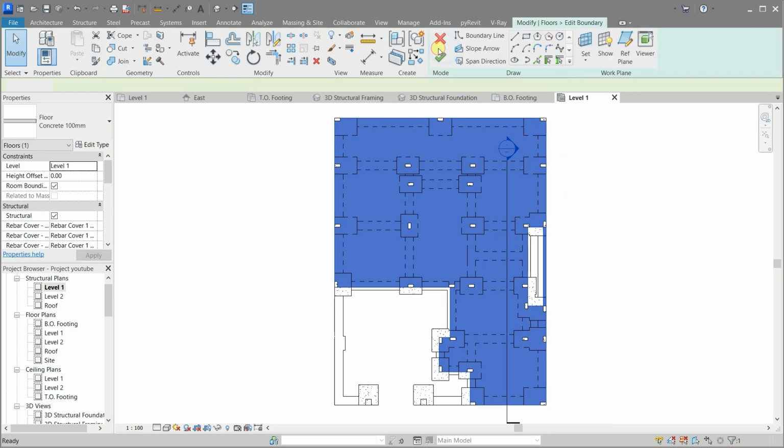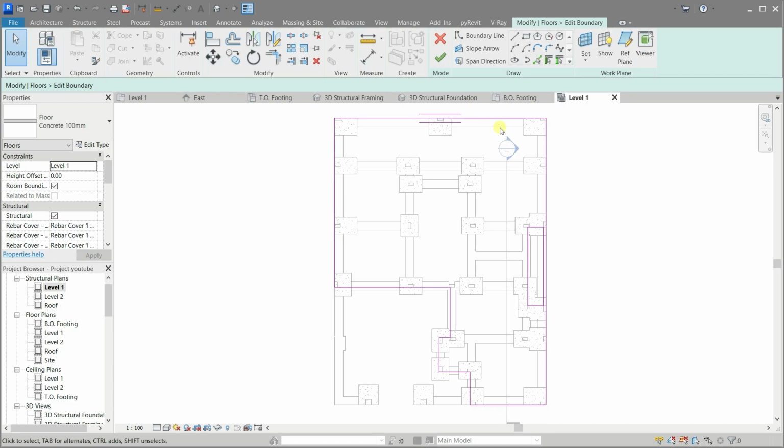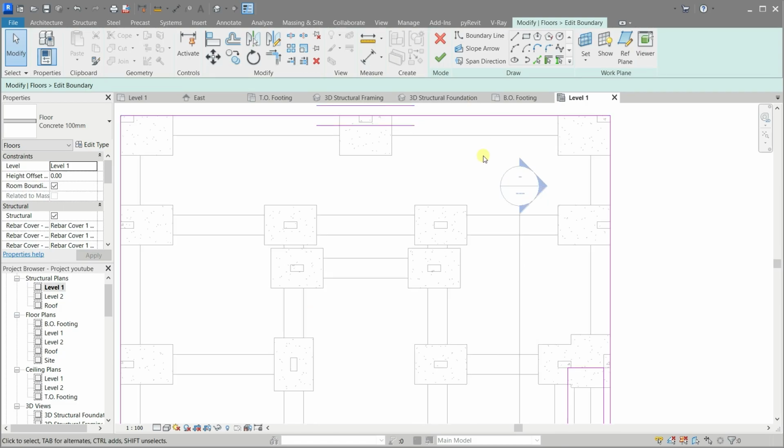Click Edit Boundary and let's adjust its boundary in the manner that prevents the floor from intersecting inside the columns.